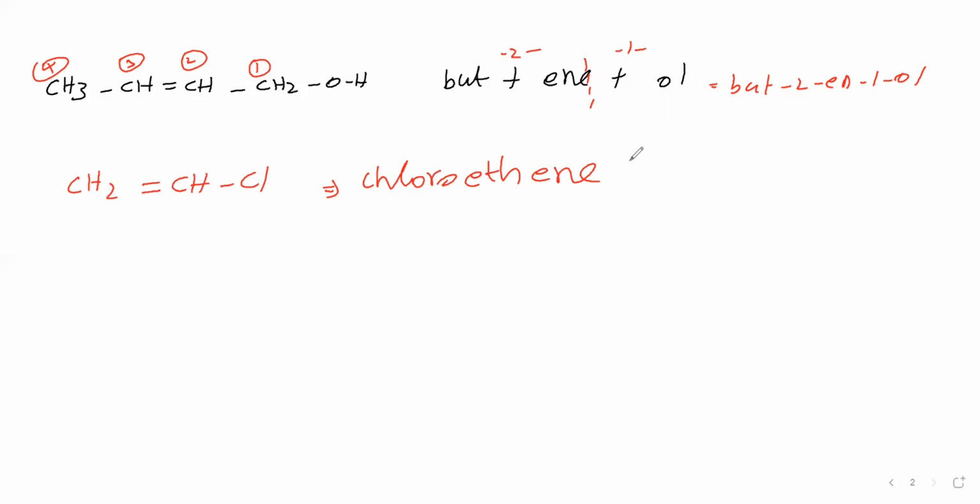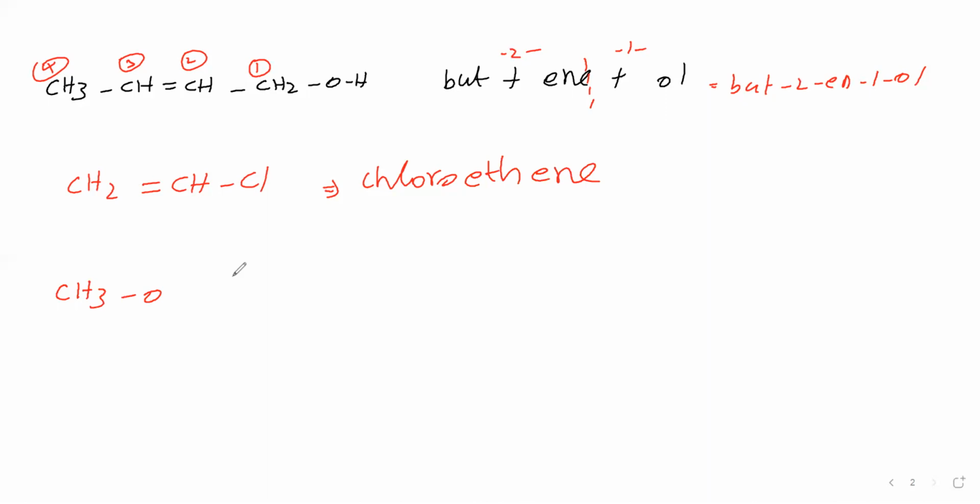Therefore, the name of this compound is chloroethene. Now, the double bond position we need not mention because in this compound only 2 carbon atoms are present. Certainly the double bond will be present between 2 carbon atoms only. Okay, next we will take